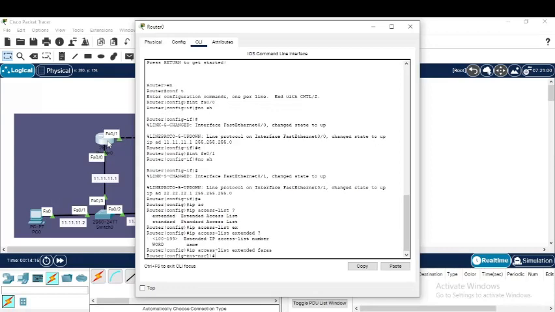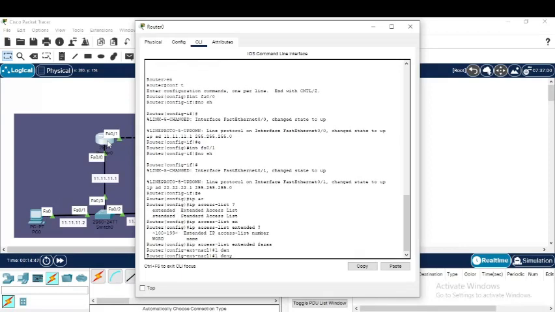Okay, as you can see on your screen, the type of command is different from standard or extended. The command is config extended access list, named access list. Okay, first we must add the protocol we want to deny or block, such as ICMP or TCP. I want to block ICMP first, to ping PC0. Deny